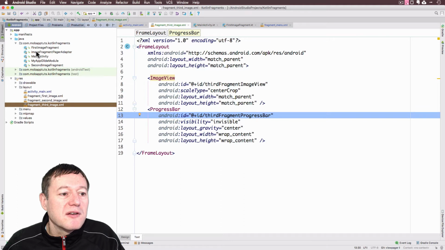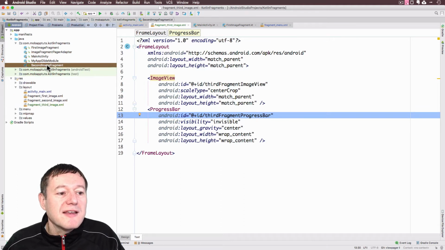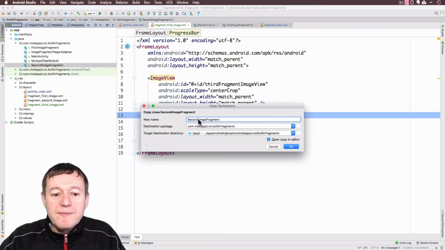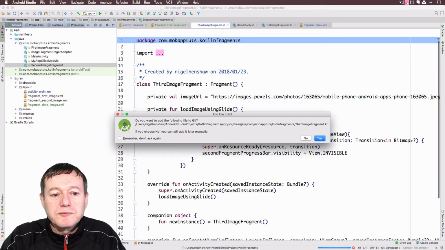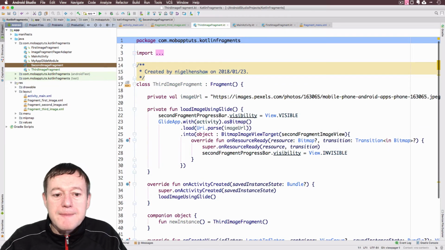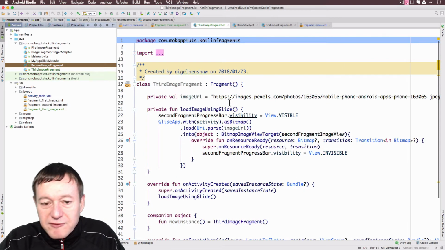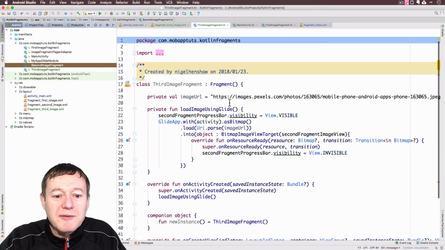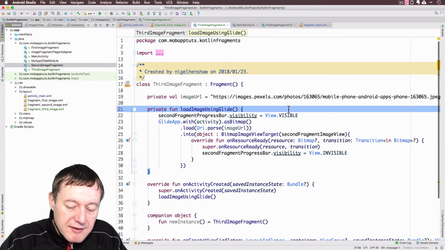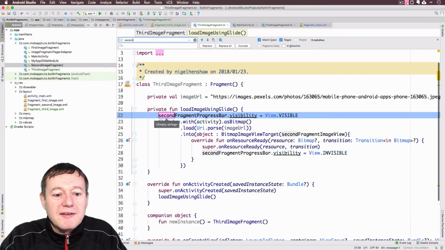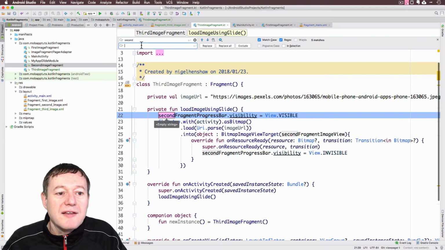So if we go into Kotlin fragments and I select the second image fragment, again select F5, and we will change the name to third image fragment, select OK. Right, and it's a good idea to do a search for anything that starts with second here. So if I do a search for second and we change that to third,